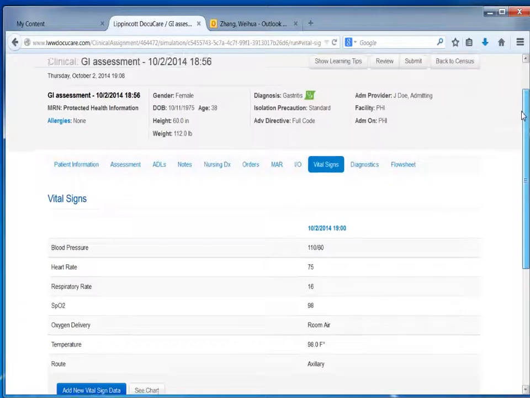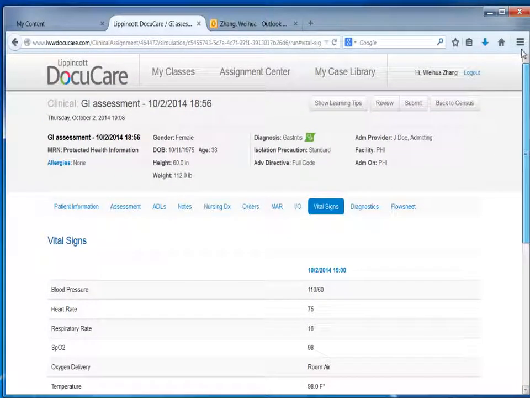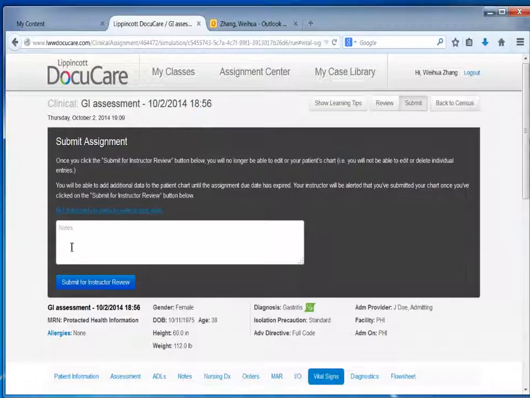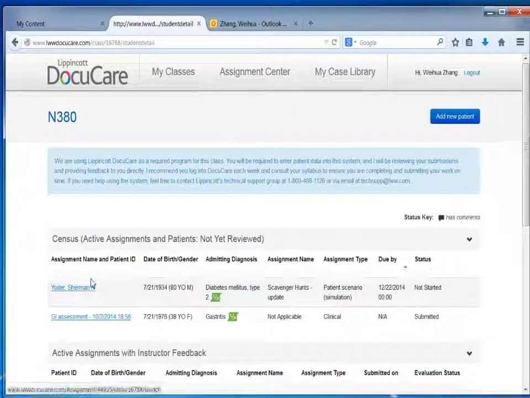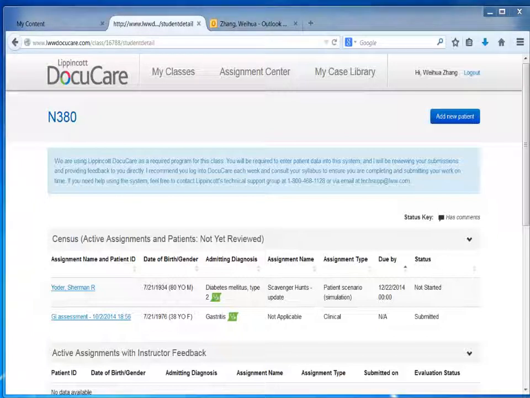So they basically just create the patient, and they're going to turn it in. The student will say submit, and once they submit, they can put whatever comments they want to say, such as, please let me know if I did these right, and then submit for instructor to review. So that's one of the assignments. They can do it very simple, easy. Hope this is helpful. Just let me know if you have any